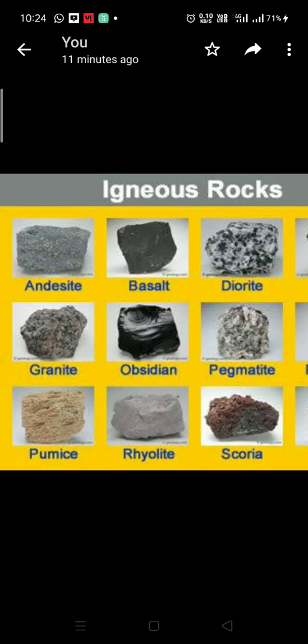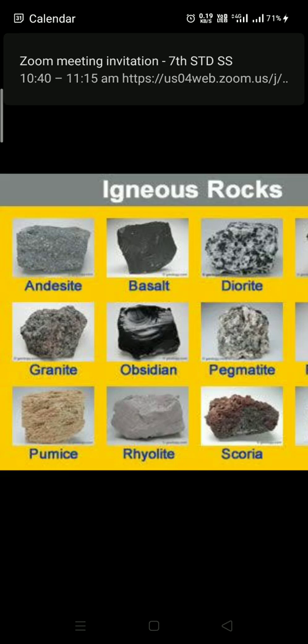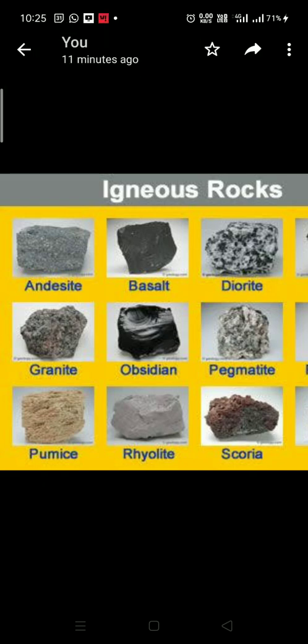What are igneous rocks, kids? All the rocks which are formed because of molten magma, which bursts out from a volcano. Whichever liquid bursts out and spreads on the earth and the rocks are formed, they are called extrusive igneous rocks. And whichever liquid remains inside the earth's crust and takes time to cool down because it's very hot inside the crust, such rocks are called intrusive igneous rocks. Clear, kids? Yeah. Now this is all about igneous rocks.